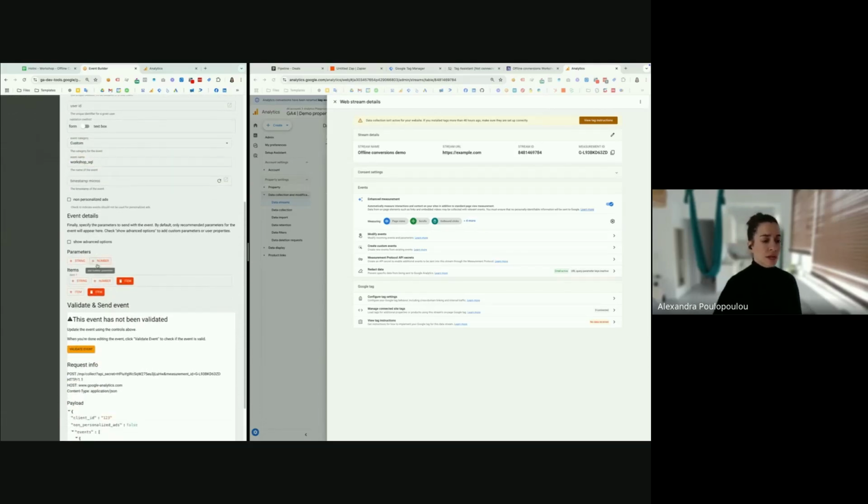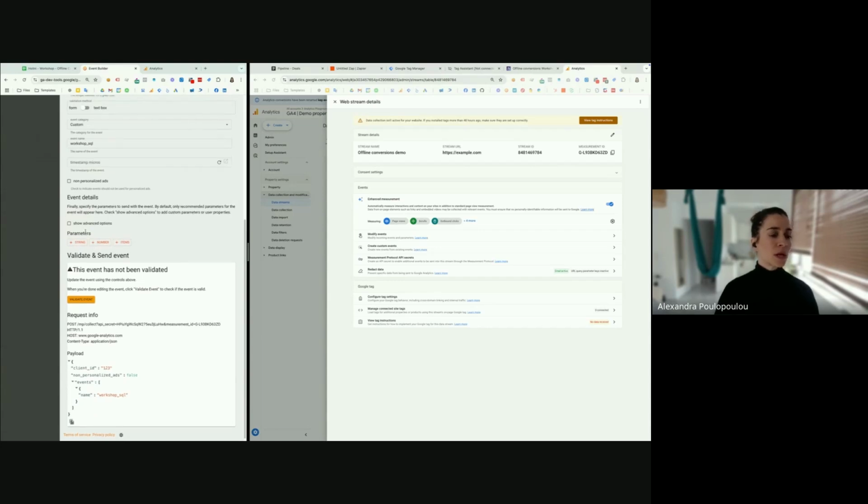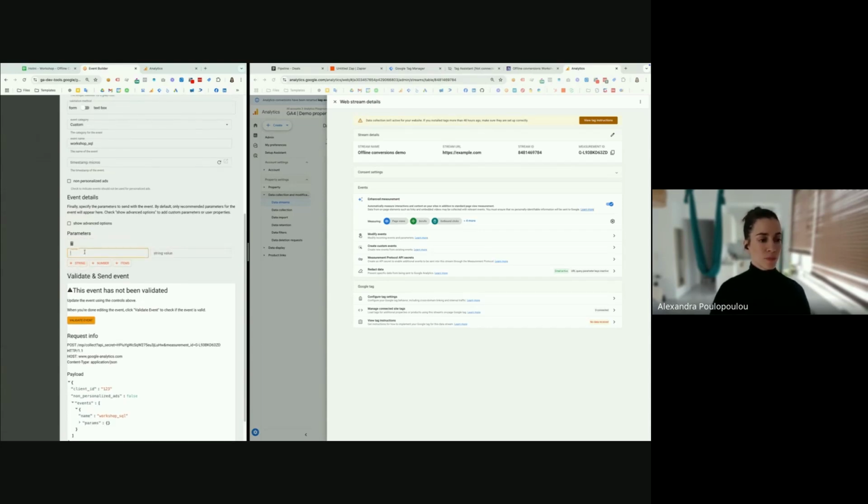As I mentioned earlier, we don't want this. We want the session ID value, even though it is not mandatory.